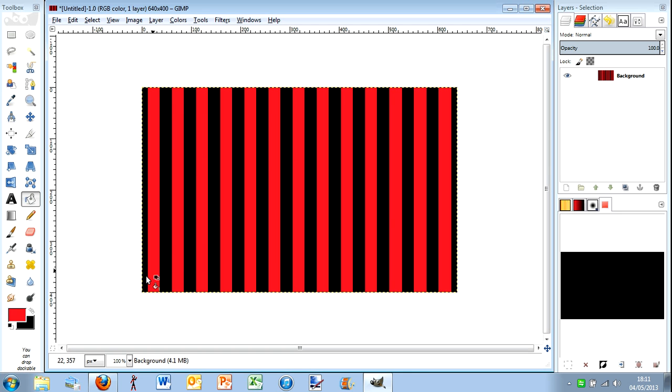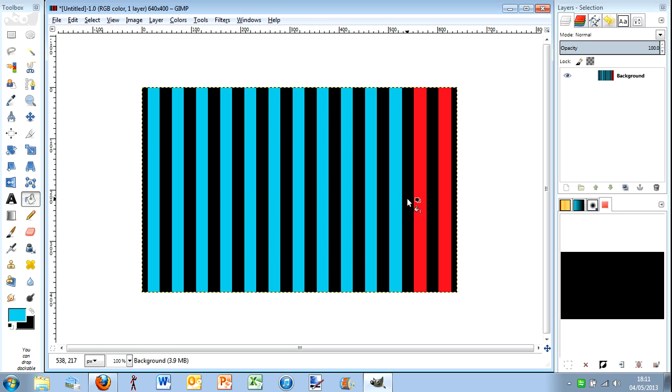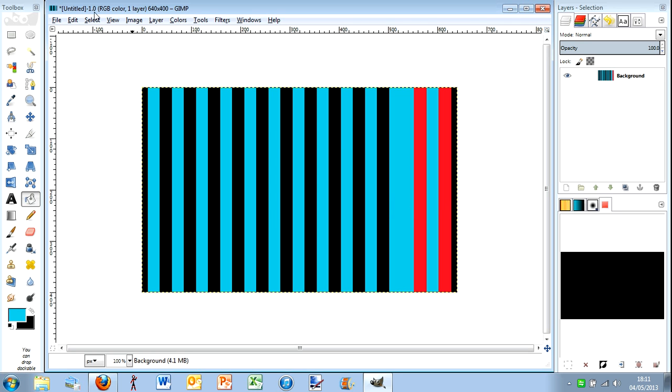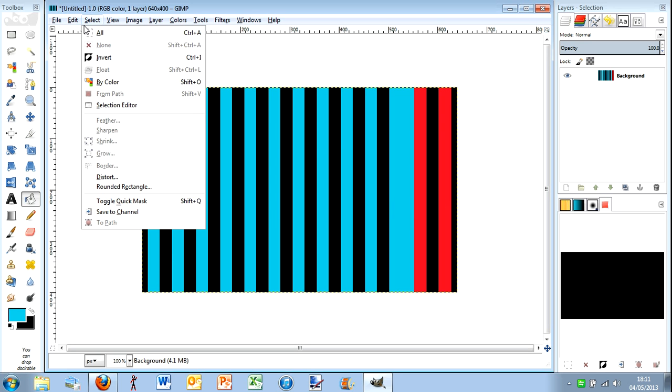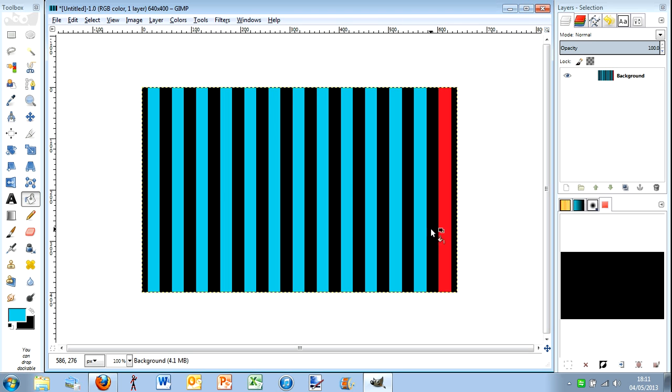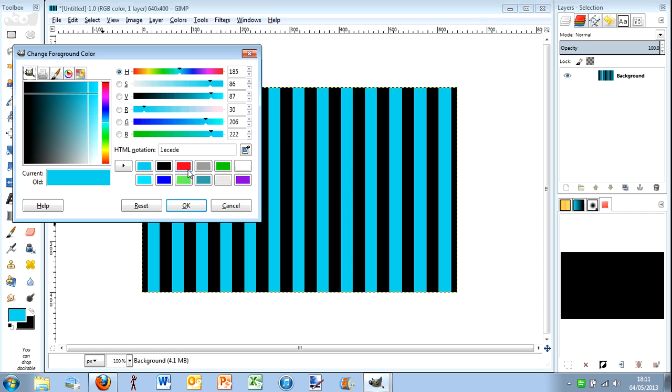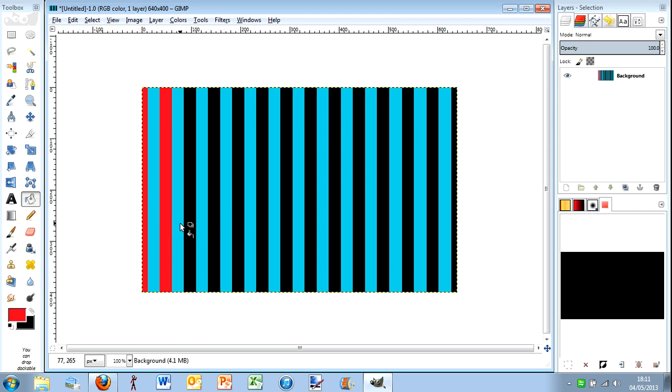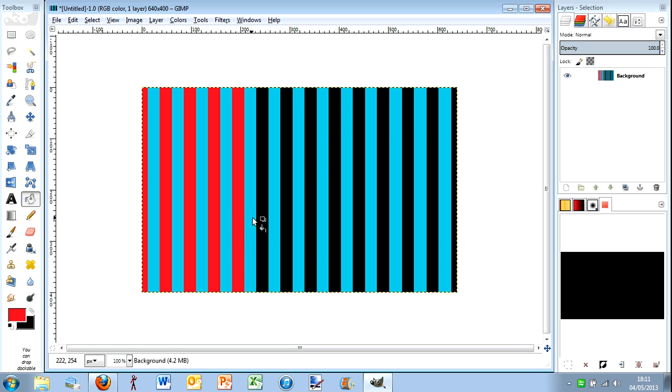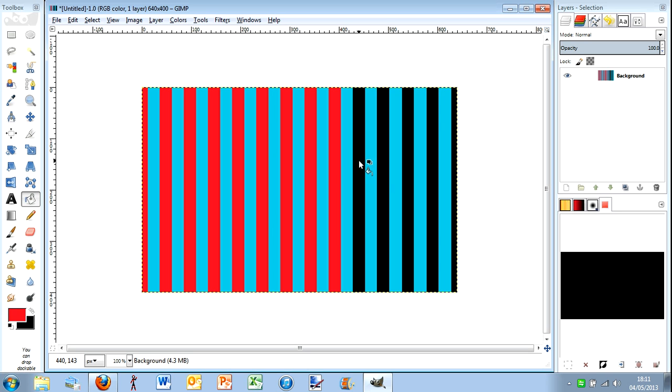Now you can fill these a different color, so for example, if I click here, change it to blue, then I could change all these to blue by just selecting the fill bucket and clicking on them. So that is how you pick the colors for your I accidentally filled the wrong bit in there. Yeah, so that is how you pick the colors. So then I could say put the black one to red, and you can see here the blue and red color scheme. So I will just quickly do the rest of these for you,